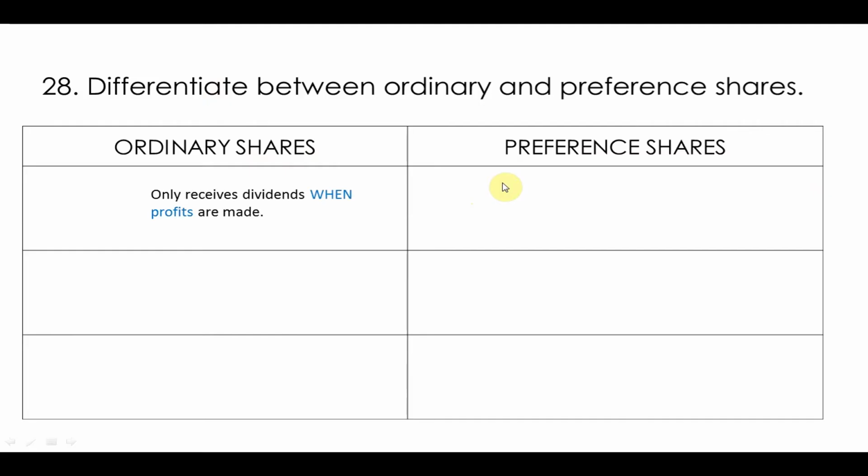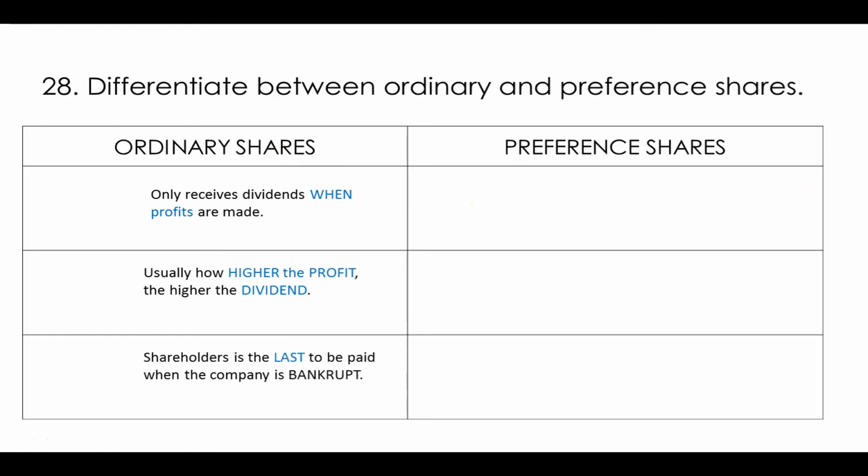So here we go. Number one, the only time we get dividends is part of the profit. It's a small payment you get by owning a share. You only get it when profits are made. Next up is the higher the profit, the higher the dividend, which is good. It also means, though, if there's no profit, no dividend. And obviously, shareholders are the last to be paid. It is the biggest risk when buying shares, that if the company goes under, you probably will not get your money. Other people will get money long before you. You are literally lost if you own an ordinary share.